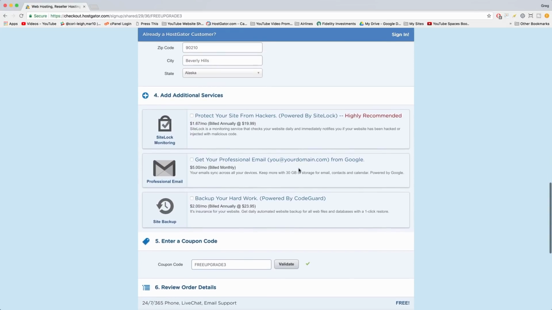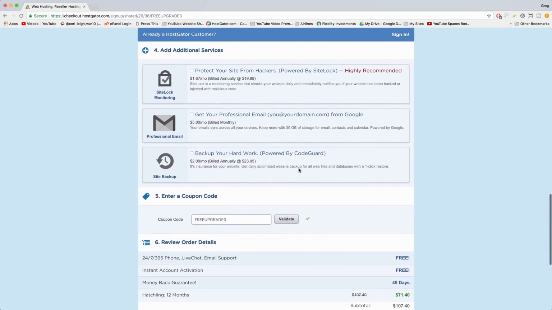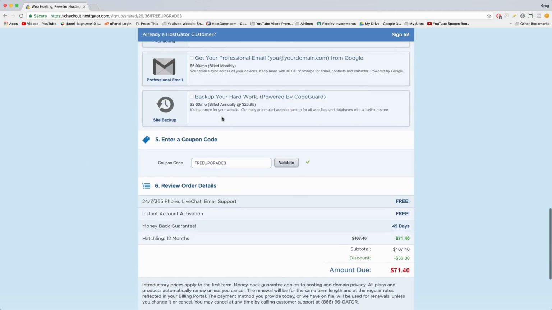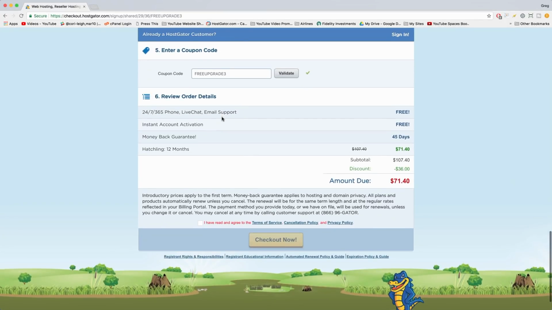Now scroll down, and where it says add additional services, it's actually time to unadd them. So don't use these additional services because you can add them later on through live chat, and we're on a budget. Speaking of budgets, let's move to step 5 now, where we can save a greater amount just by entering